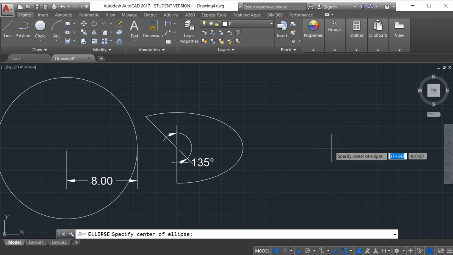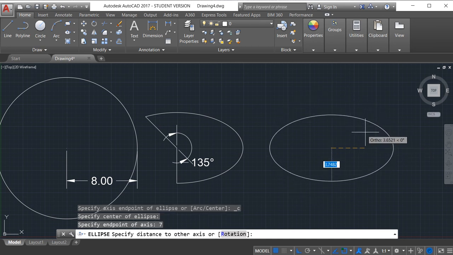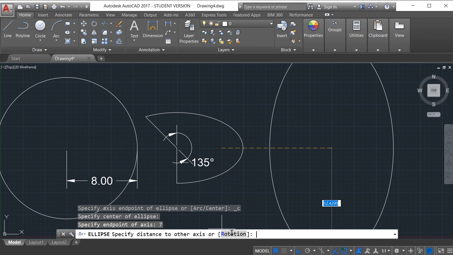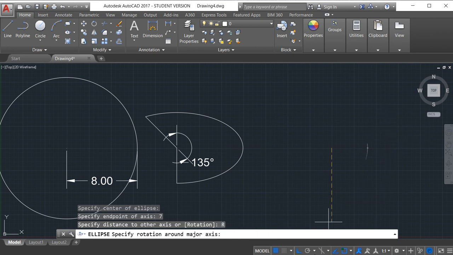This will be center and this distance will be 7. Enter, and now I have to specify rotation. So I can give angle from here.